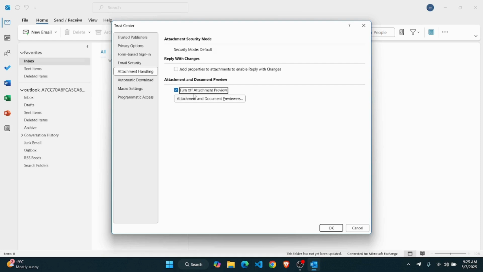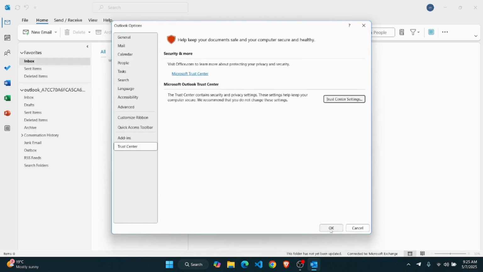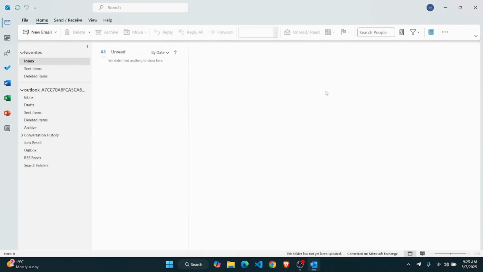So when it is turned on, it will turn off the attachment preview and you won't be able to see any attachments on your mails. So turn this one off, click on OK, and click on OK again, and you're good to go. Now you should be able to see all of the attachments on your mail,